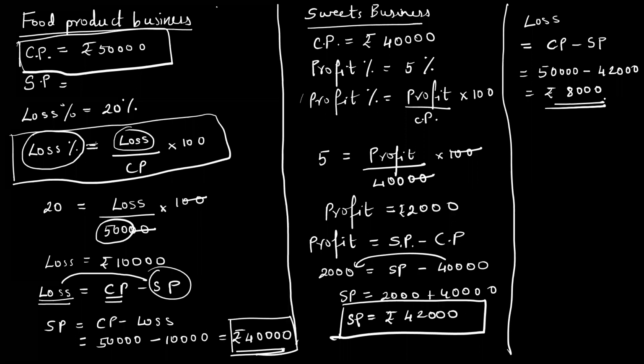Sir, we don't have to find a percentage, no? Just check one more time in the question, have they asked for percentage or just profit or loss? Sir, they have asked how much was his profit or loss computed on his original capital. So profit or loss means in terms of rupees. If they had said compute his profit percent or loss percent, then we would have found the percentage. Sir, if we solve this sum by writing the food product business with the same method, is it okay? Yes, it is correct. Thank you, sir.